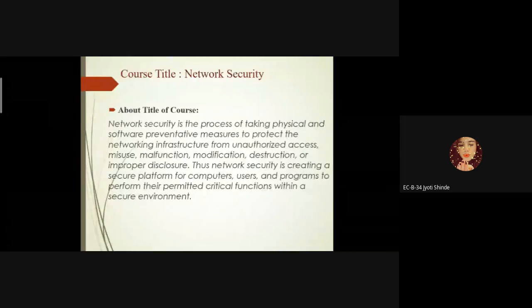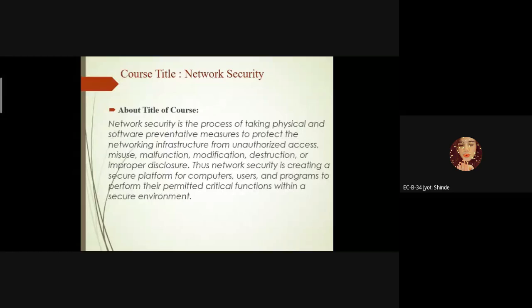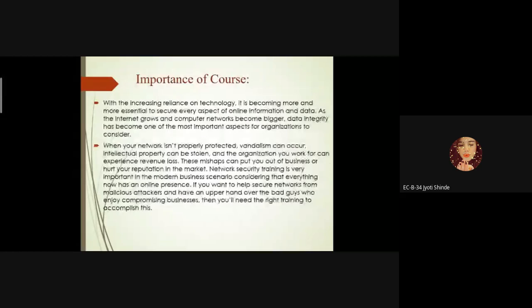Now we have to study the technical securities. We have to secure our data and our devices. There are various concepts, and for that we have to use network security. Now why do we need to study this particular subject? Can anyone tell what the need of security is? Why is it so important in our day-to-day life applications? Is there really a need for network security?